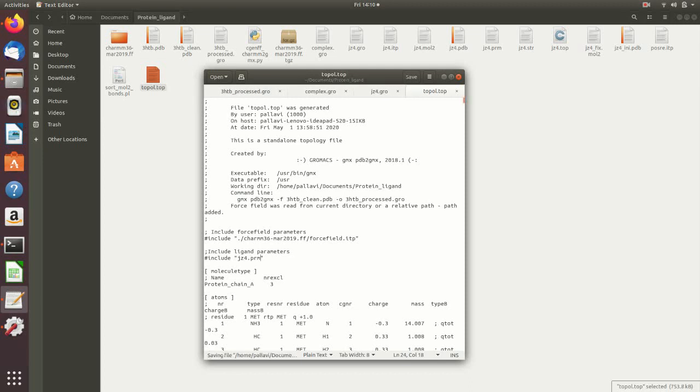So this is how we include the JZ4 ligand in the system topology.